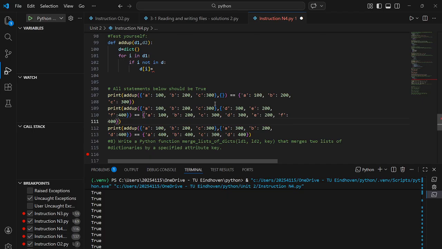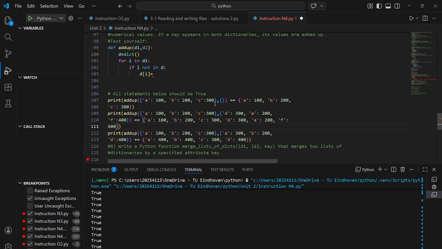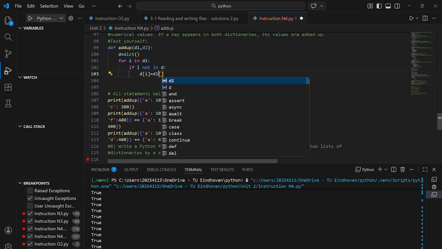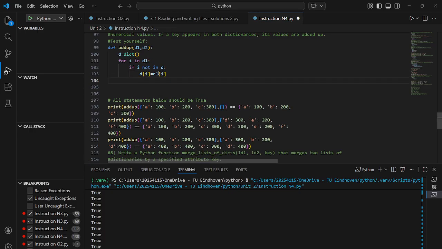Alright, so we have a dictionary like this. So I in D1 would basically be the key component. So this part. But we actually want to make it so that the key is paired up with a value, and that value we want the value pair from D1. So we just say D1 of I. And that's it. Then for K and D2,